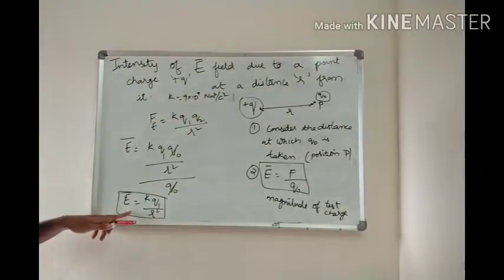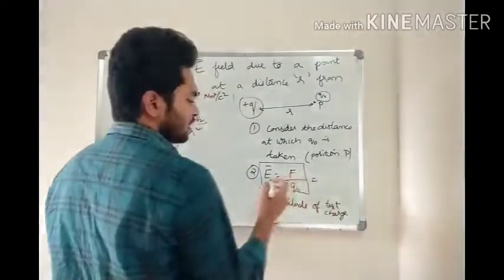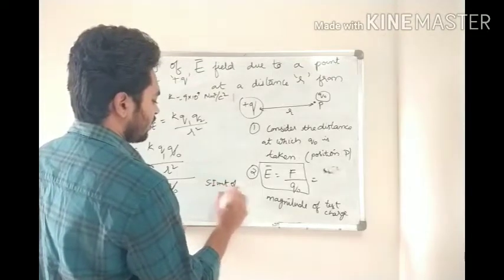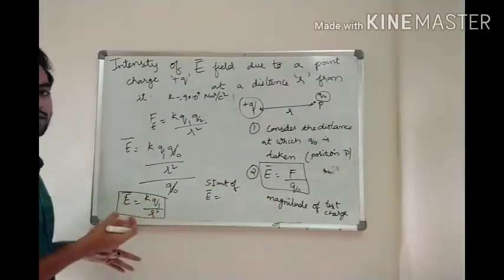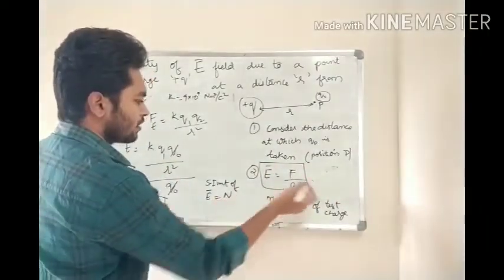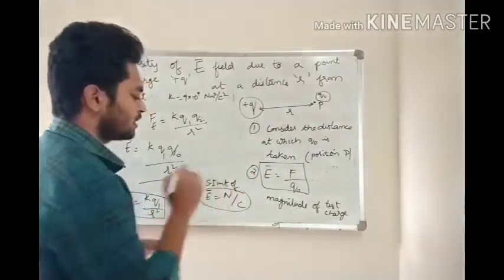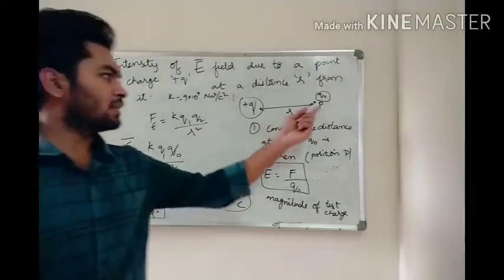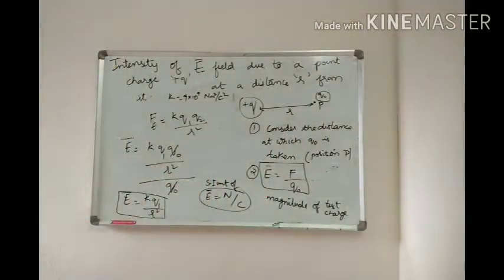Similarly, you can also find out the unit for electric field. The SI unit of electric field equals force divided by charge. You can also derive it from here, but it is a little bit lengthy, so we will directly find it out from here. Force is Newton and the unit of charge is Coulomb. Newton by Coulomb. So this is the SI unit of electric field, giving this much electric field at point P from a distance R. Clear? Note it down.